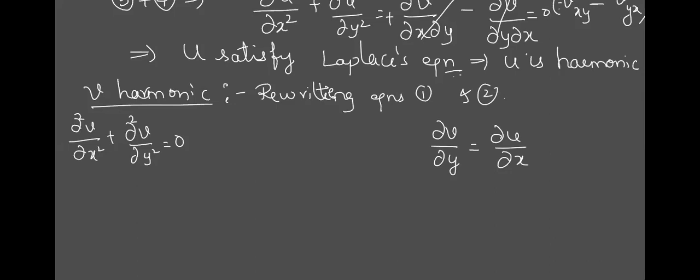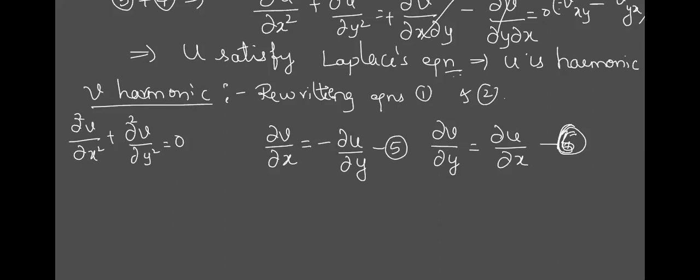Am I correct? I'm just writing A equal to B as B equal to A. If you are not following, you can stop me and ask. Is this part correct? ux is equal to vy. I'm just changing the sides, LHS and RHS. I'll call this equation 4, no, 4 is already used. I'll take it as equation 6. Similarly, if you take equation 2, tell me what is the value of ∂v/∂x. See, what is equation 2? Minus ∂u/∂y. I'll call this equation 5.